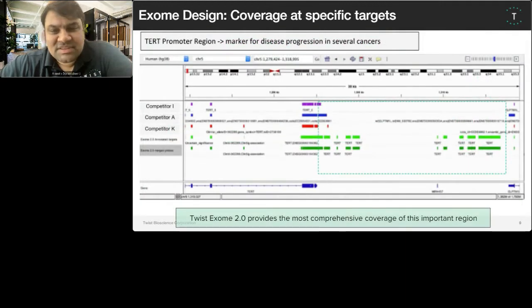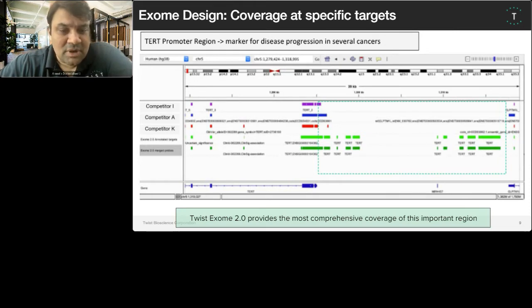So this is the example that I was talking about, the TERT promoter. You can see that the green regions are the Twist regions up here, and the magenta, blue, and red are for the competitors. Every competitor defines the TERT promoter in their own way. But here you can see that with the Twist exome, we cover the classical TERT promoter region up here